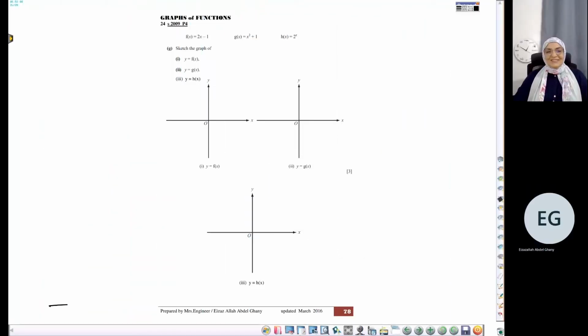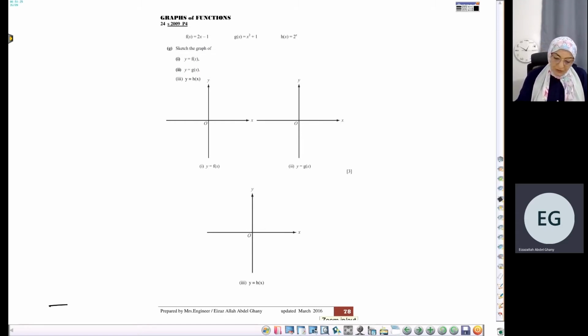Hello, my dear students. Let's continue. In the previous video, we started solving some questions from the past paper exams of graphs of functions, and this question is from summer 2009, paper 4. It's a good chance to let you know how to sketch, not just draw, how to sketch different types of